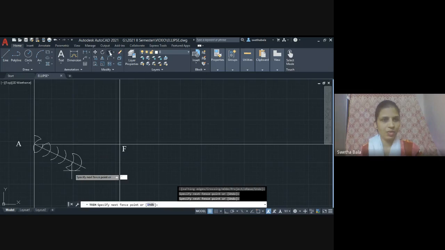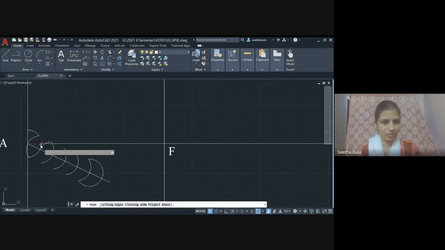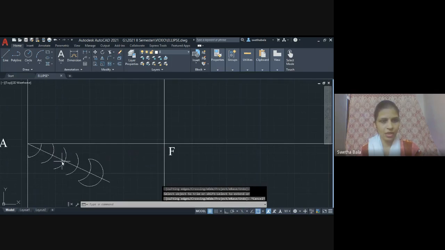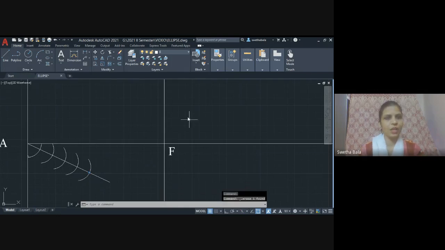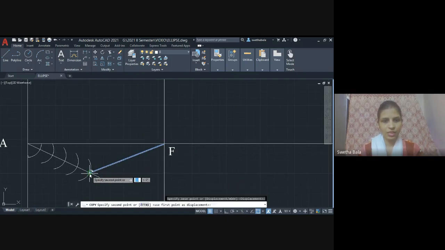I'm just using whatever is necessary. So 1, 2, 3, 4, 5. I don't need this last one, so I'm just deleting this. I will take the line, join this last point to the point F, and now use the copy command,